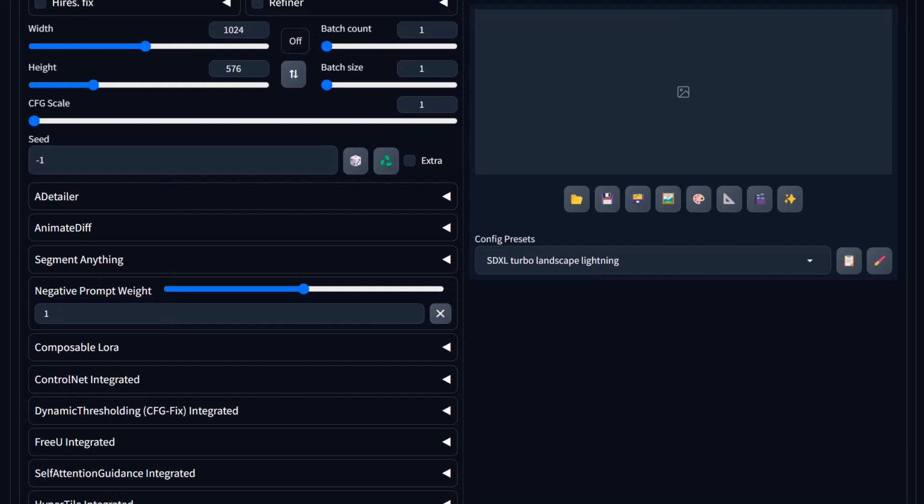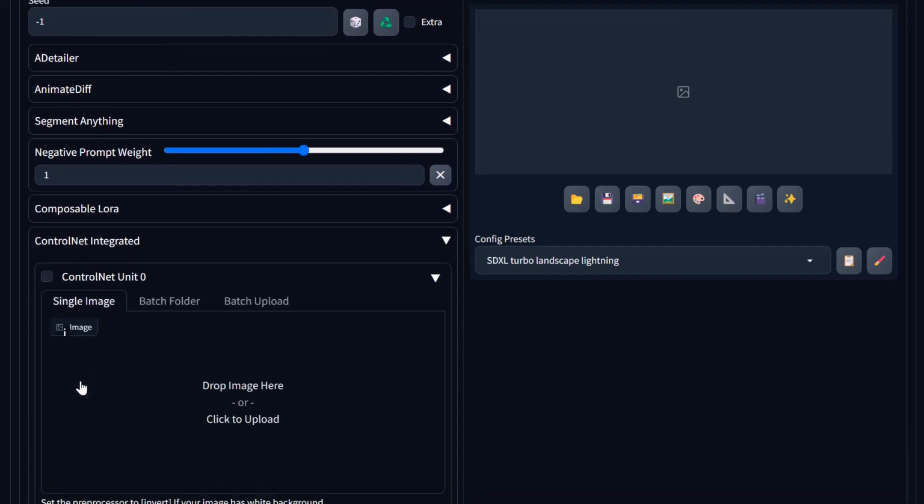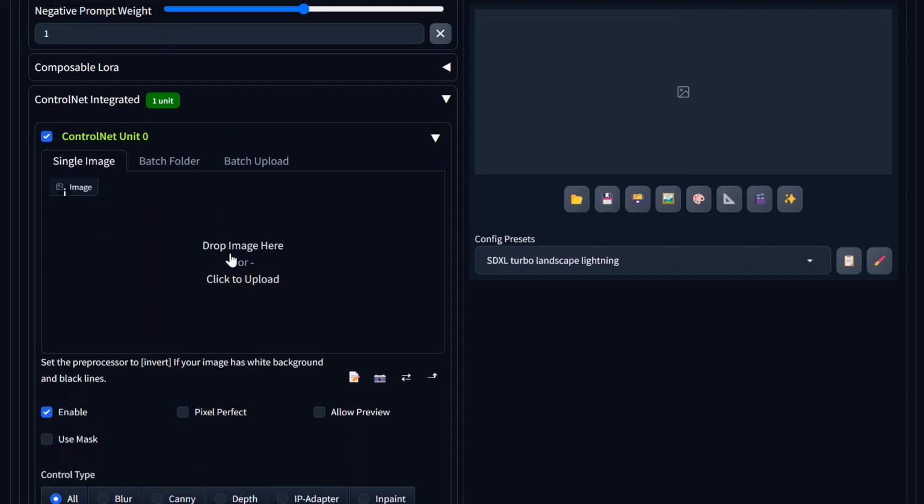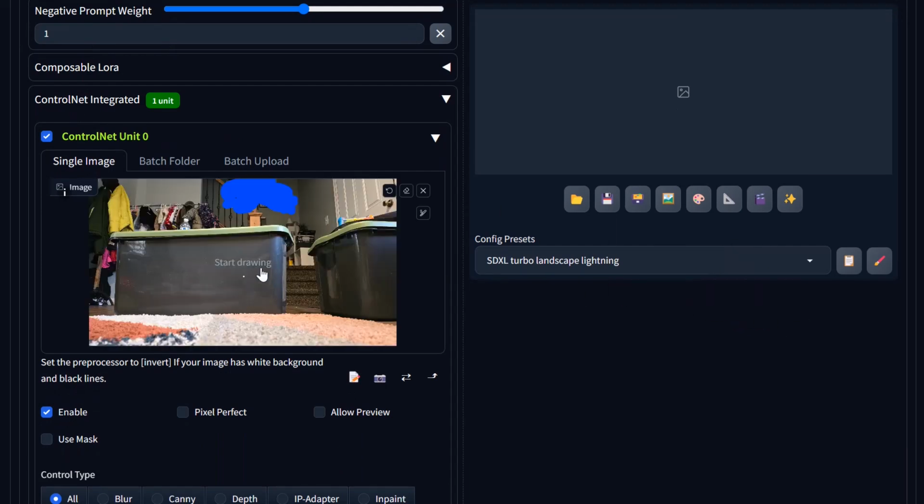We're going to come down here to ControlNet. We're going to open that up and enable it. The image we're going to drop in here, I thought this was kind of a fun one. Again, I was just messing around and playing around with my daughter in the front room, and we have these bins, with baby clothes in them, and I'm like, at a low angle, those could be like, see, these epic